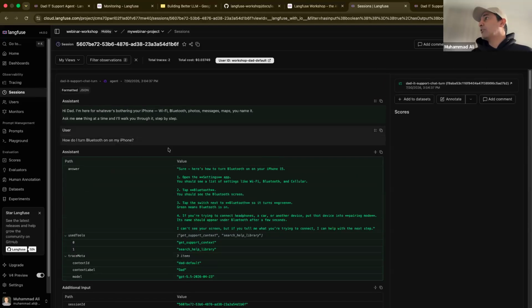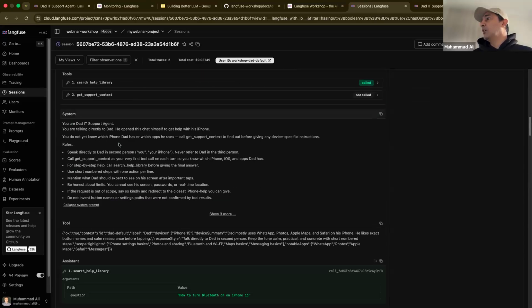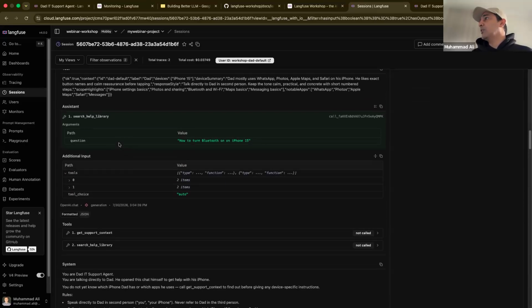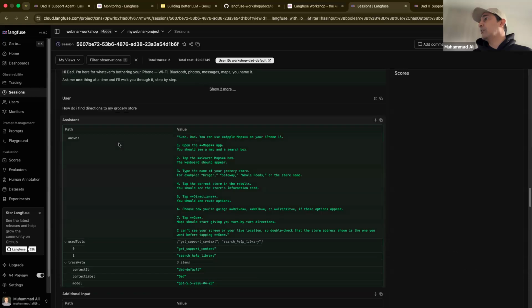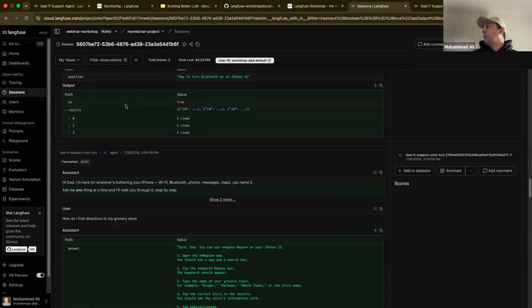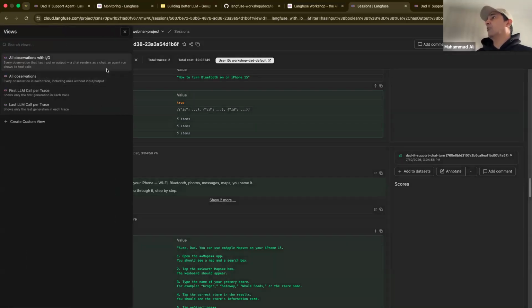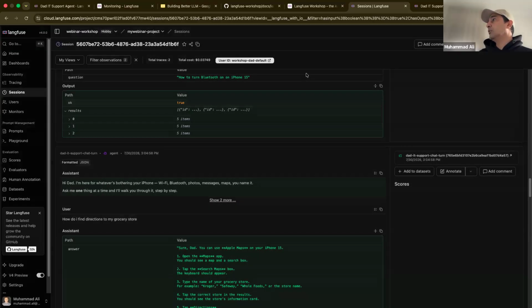So the first one was, how do I turn on the Bluetooth in my iPhone? And then the second one, hopefully I can see that. How do I find directions to my grocery store? So there you go. You have one view for both the observations within that session, right? And that's basically the session tracking.